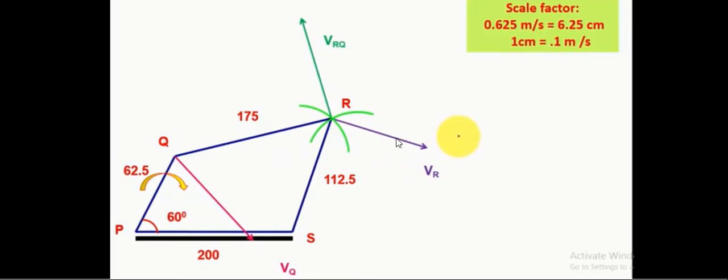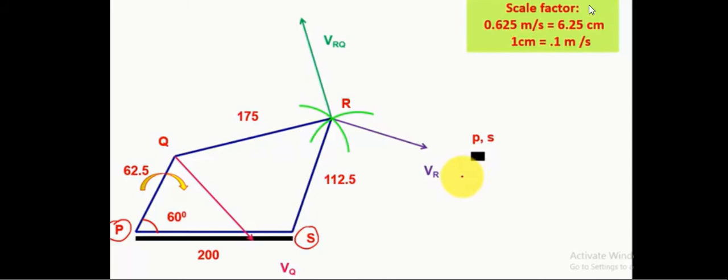For that, start drawing the velocity diagram. The easiest way to scale is taking your initial velocity that you know, that is VQ, which is 0.625, a known velocity here. So you can take it as 6.25 centimeter. That means 1 centimeter will represent 0.1 meter per second. If you are taking 0.625 meter per second as 6.25 centimeters, 1 centimeter will be 0.1 meter per second. So you can easily mark it. That means to mark 0.625, you can take 6.25 centimeter to mark it. This is the scaling. I hope you understand.